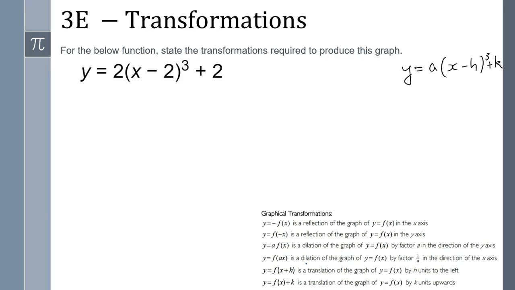Okay, so I'm going to go through one by one, and I'm going to dot point what transformations are needed. I'm going to start at the end over here. Okay, and that is k. So I'm going to go down this list and I'm going to find where it says k here. So plus k is a translation of the graph by k units upwards. So this is positive, so we're going up. So my first dot point,